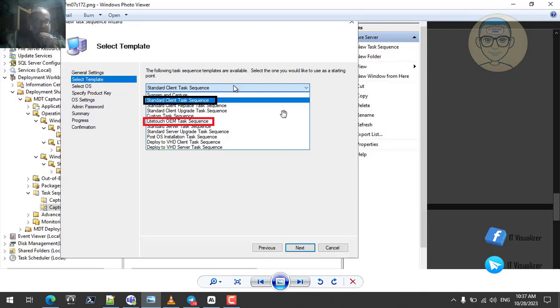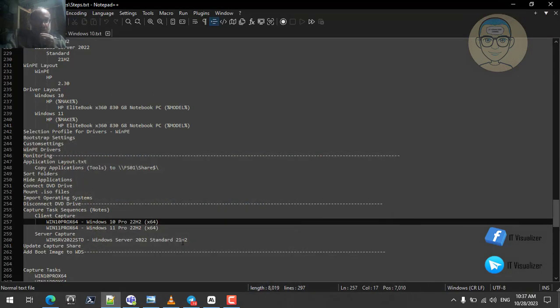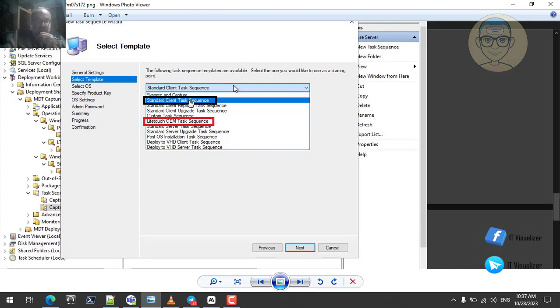So we have discussed all of these templates one by one, and I have a little note here that I will discuss in a second. We then chose that the first Windows 10 Pro x64 task sequence will use the template of the standard client task sequence. So this will be our base structure, or our basic configuration, that we will tweak to capture Windows 10. We have discussed the standard client task sequence sections, because